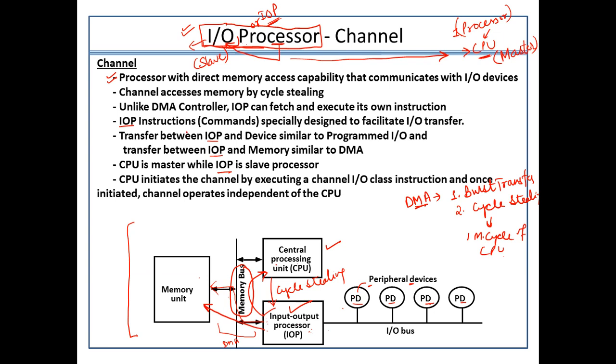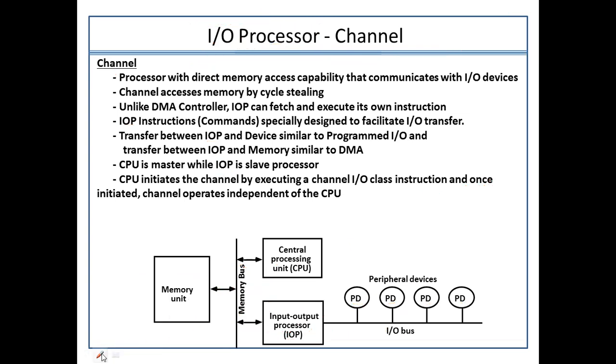Then next, whenever bus control has been granted to the IOP, the IOP can work with its own instructions. So the IOP has its own instructions, and that is another point we need to understand. It executes its own instructions to talk to the memory unit in whichever way it wants to deal with it. Then the next point is, from this to this, so let me first erase the entire thing from here.